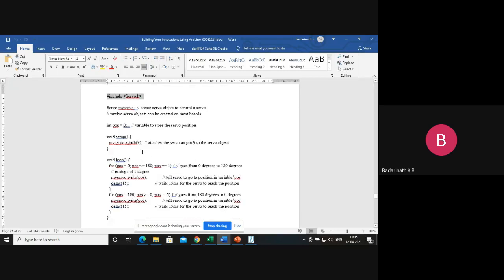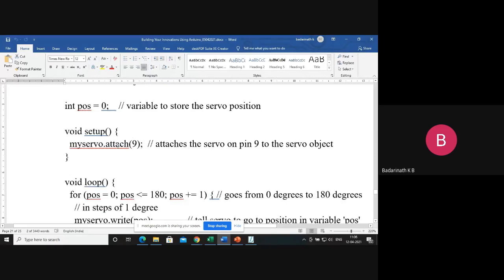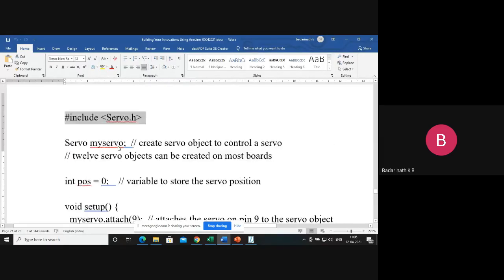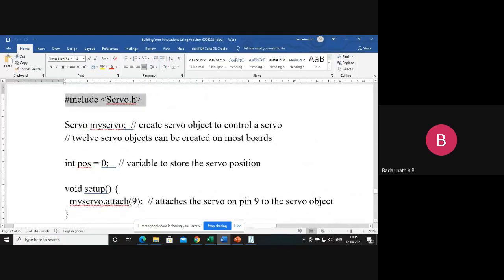After including that, you have to attach the device, that is the servo motor, whatever it may be, to make it work. These are the functions provided by this class. You have to declare that. After including the header file, you create a servo object. So capital S, Servo, say myservo. This is my servo. This is the object you have to create. Once you create this object, first do the attachment. Attach the servo on pin number 9, because you can use any of the PWM pins. Now what does it mean that I'm using pin number 9, a PWM pin, for the servo motor control? This is the meaning of this.